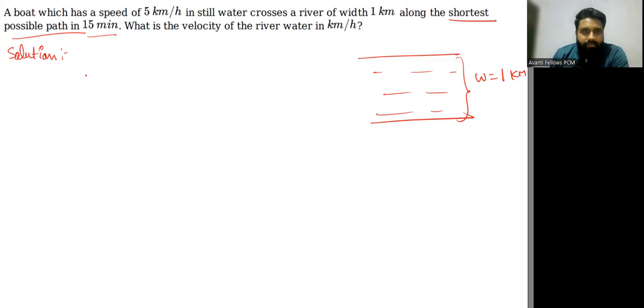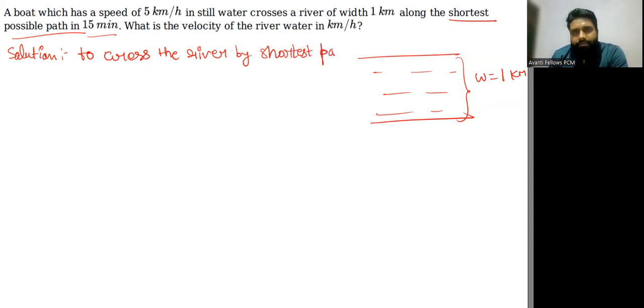So we can say that to cross the river by the shortest path, the actual component of velocity of the boat, which is VB, observed from the ground will be perpendicular to the river